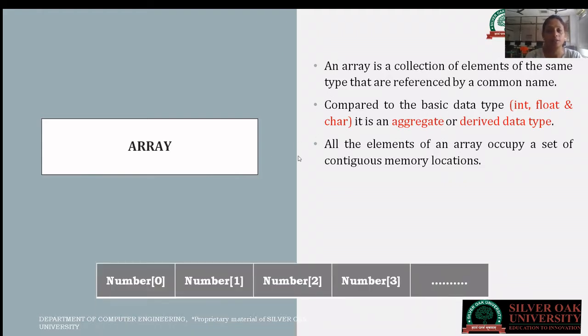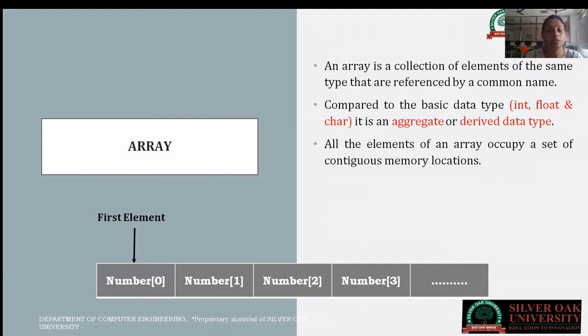So an array looks like this. When you create, for example, an array of 10 size or 5 size, the memory occupation of that array looks like this. So you can store 10 different values in 10 different positions of the array. The first element is at the first position, that is the 0th index.